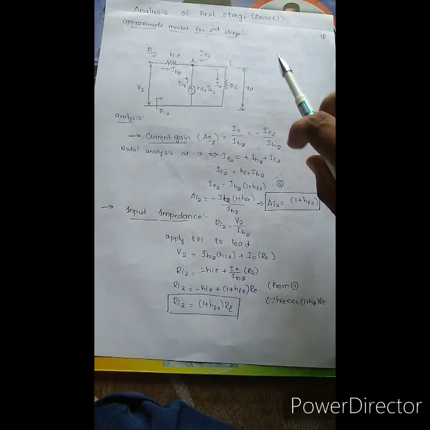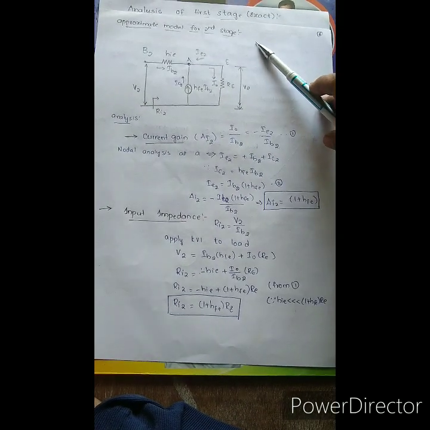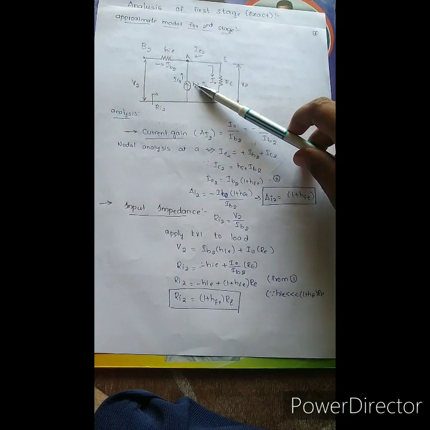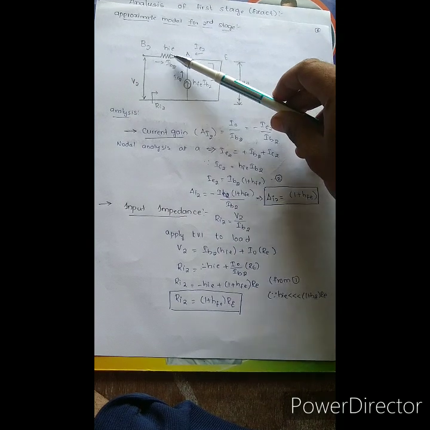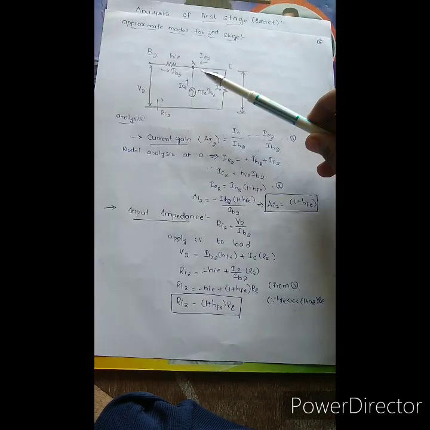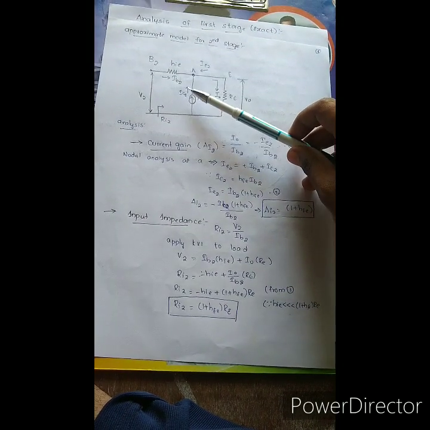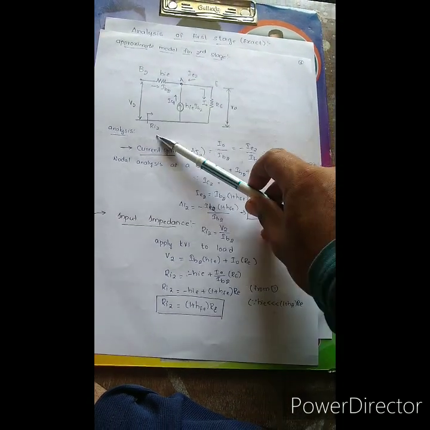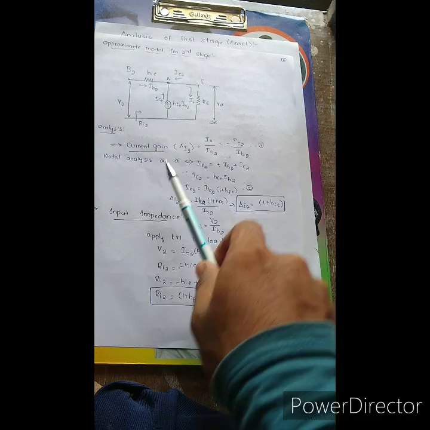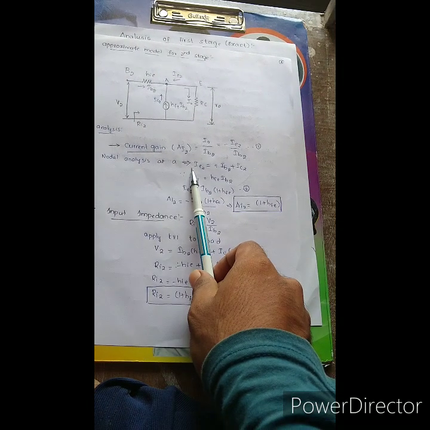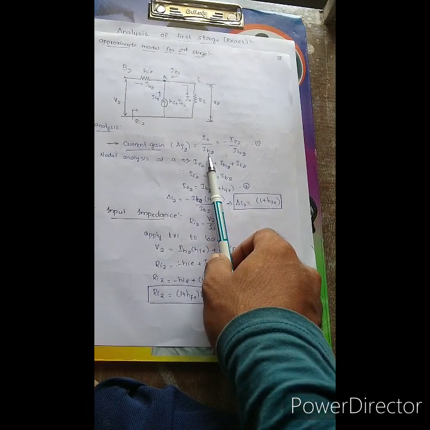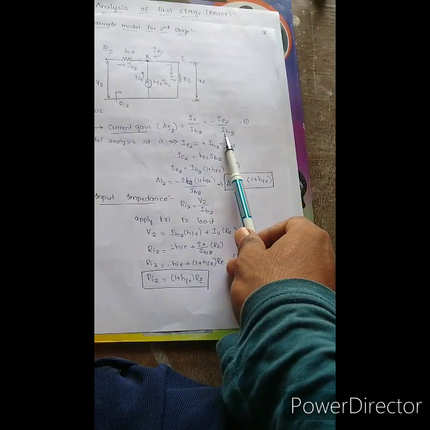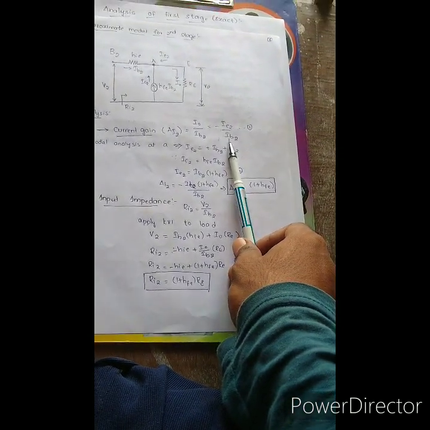As discussed, the approximate model for the second stage. From the diagram, we can draw this diagram. The second stage CC amplifier can be written as the approximate model. So we consider HIE, HFE, IB2 and the emitter current, base current, input impedance of the second stage. Current gain is given by AI2 equal to I0 by IB2, friends. Here I0 is nothing but minus IE2. So we write minus IE2 by IB2.